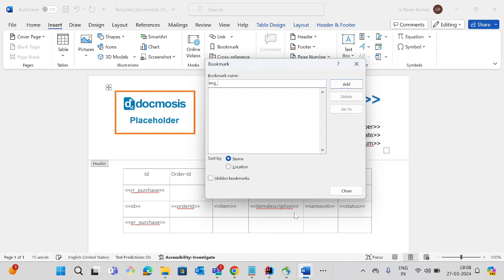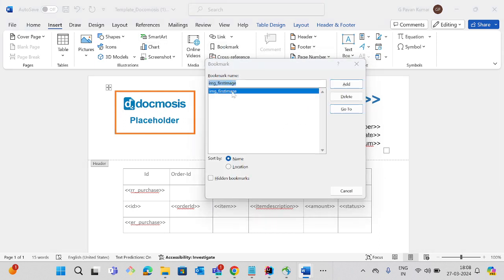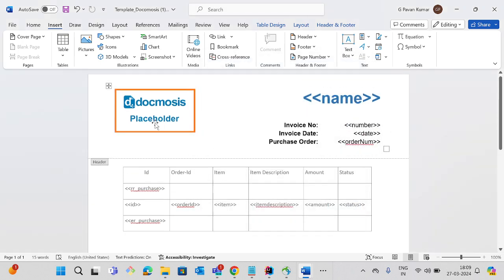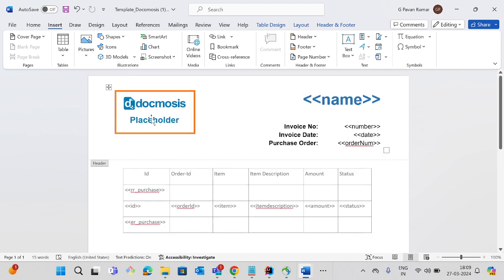So we can pass the dynamic parameter. Image underscore is the constant which we need to give, and after that we can give any name whichever we need. So I'm going to give first image. So add. So let me check that. Yeah, we are going to add this one over here. That's all. So after we add, what we can do is pass the image